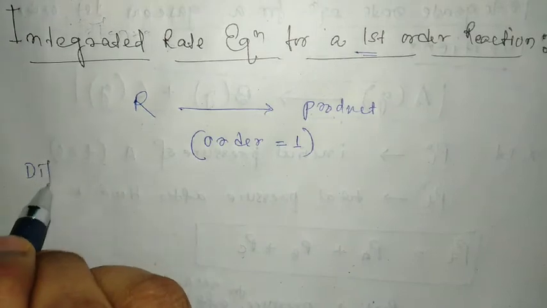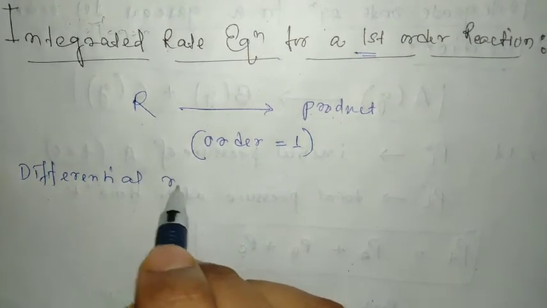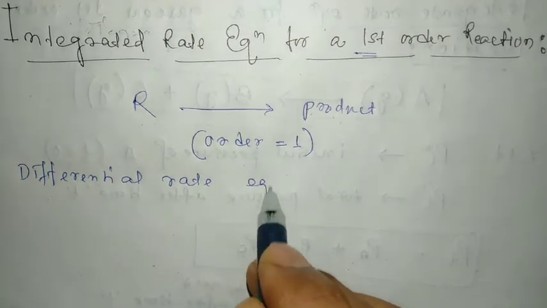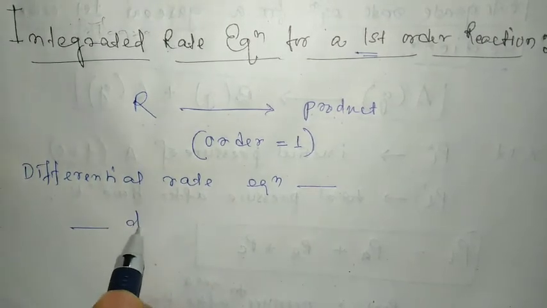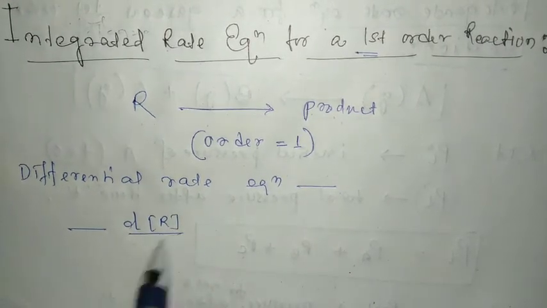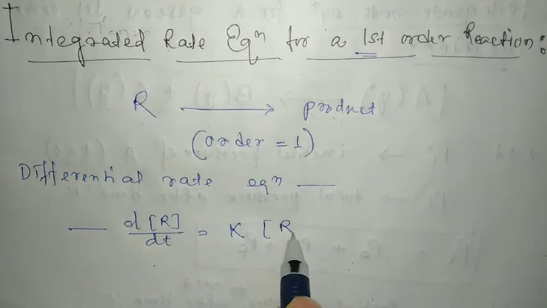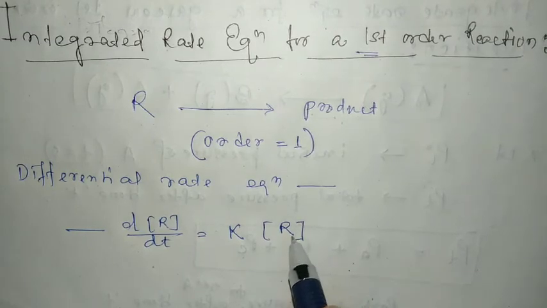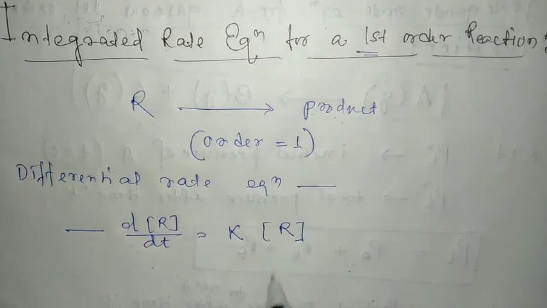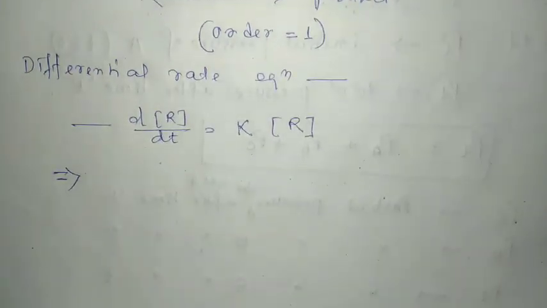Therefore, the differential rate equation for this reaction is minus dR by dt equal to k into concentration of reactant R to the power 1. The exponent of the reactant is 1 because it is a first order reaction. Now rearranging this relation, we have